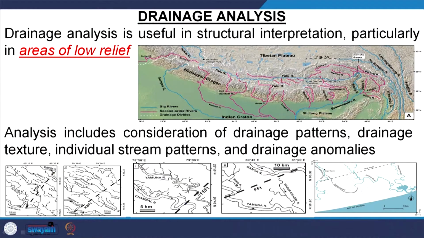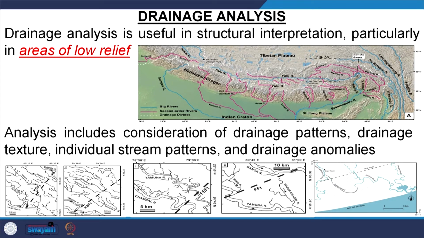Similarly, here you see there is a channel offset, and here there is another channel offset, and there is converging of streams. That means all this offset, this stream convergence, and this stream offset are coinciding in a single line. Similarly, here this drainage offset and this offset fall on a single line. Similarly, along this line you find some new streams generated here. So, these are the drainage anomalies. By looking at these drainage anomalies, we can predict what type of structures we are expecting in this particular area.